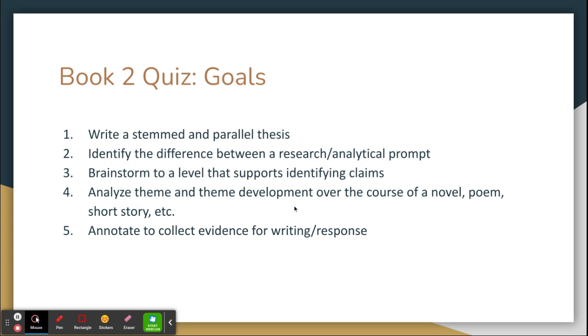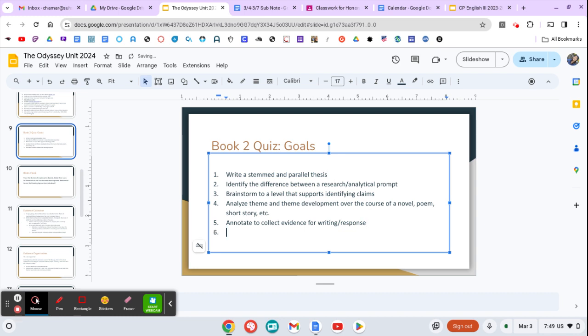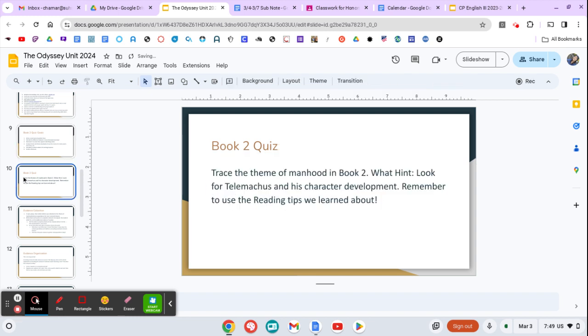4th goal is to analyze theme and theme development. We're tracing, obviously, the theme development of manhood in Book 2, which you guys have basically done. And 5, annotate to collect evidence for writing in response. We already did that too when you guys actually collected your note cards and flagged your quotes. All right, so today we're mainly working on that outline. Oh, obviously outline format is a goal as well. So by now you should have opened a Google Doc and put that in MLA format and start your outline, or start creating a document for this. Effectively for writing. Okay, and then,